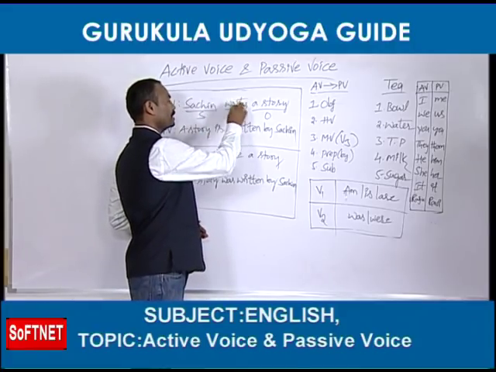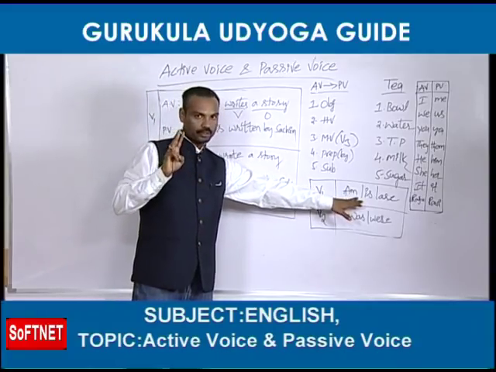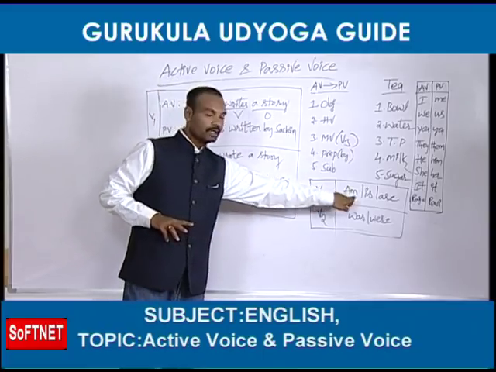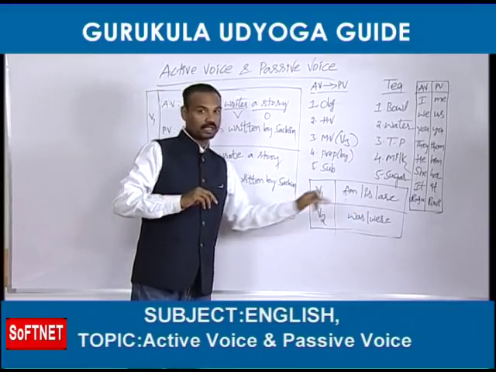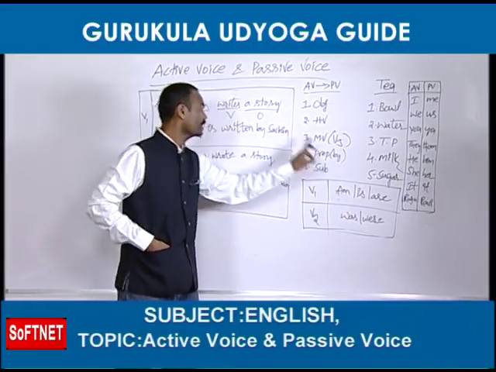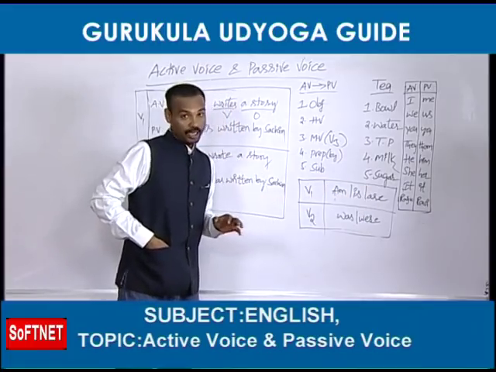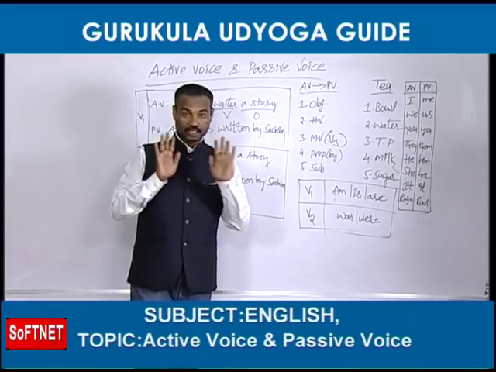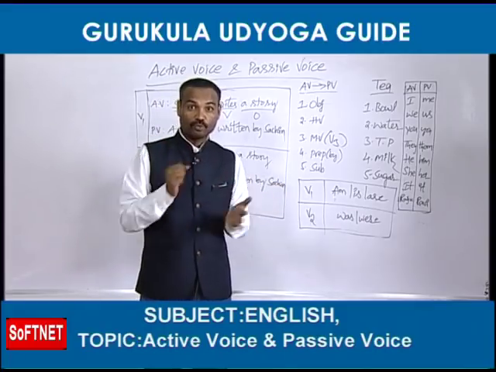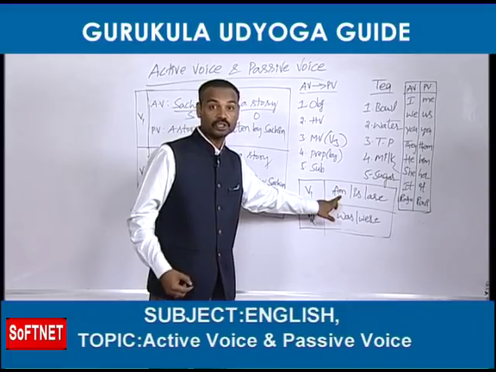When the main verb is in the first form in the active voice, you should take am, is, are. The be form should be taken from this list. For singular objects, is should be taken. For plural objects, are should be taken. And some of you may ask, sir, you are telling very clearly when to take is and when to take are. That is clear. Okay. What about am, when is it taken, sir? Why don't you give an example?